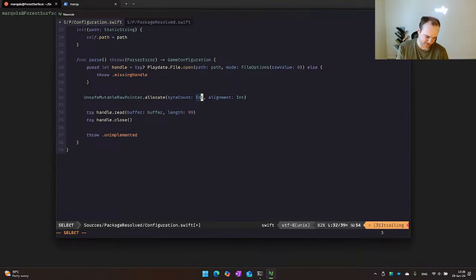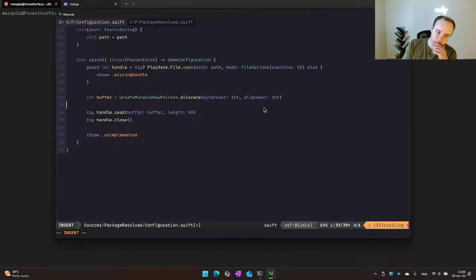Oh, we can't access that though. That's an internal pointer. That's not helpful. Okay, so let buffer equal that. But what's our byte count going to be? Do we have information that'll tell us this? Maybe file stat?